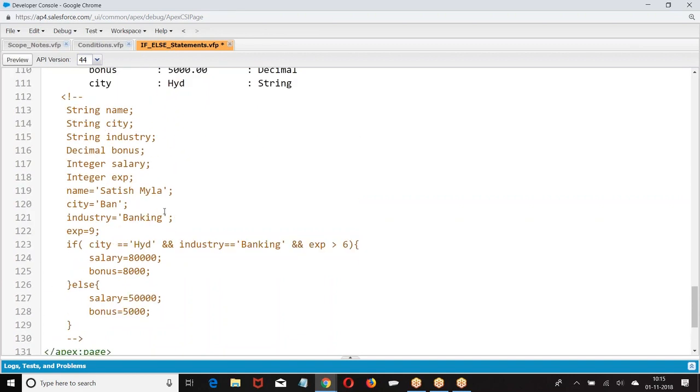People are good with this? Now, this is the structure we have given. If the condition is true, do this, else do this.